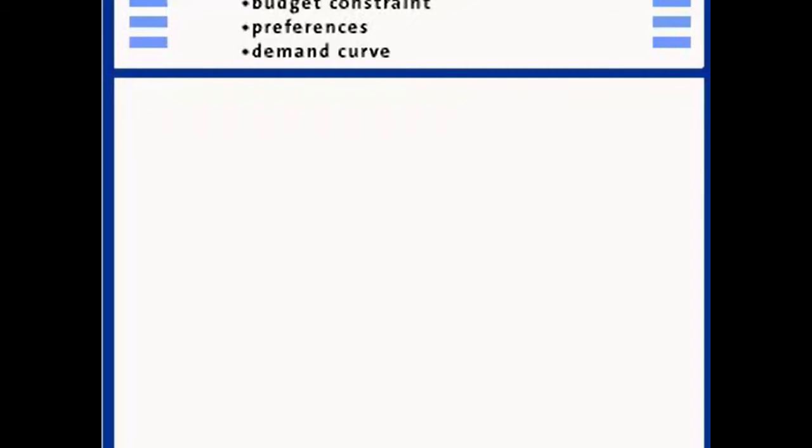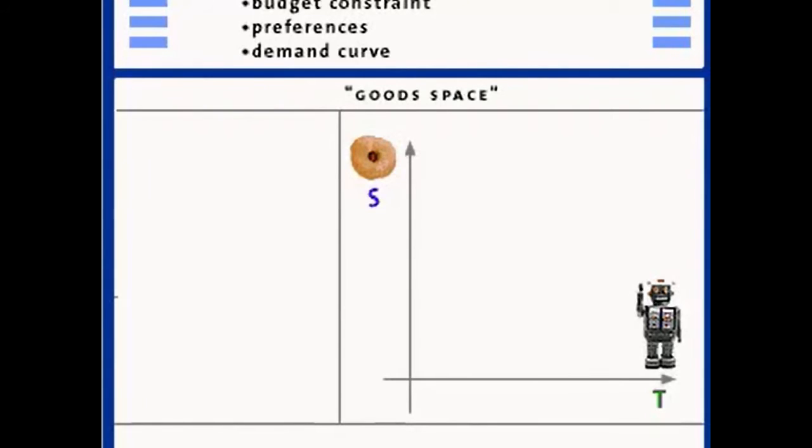And this is how you make your trade-off between toys and snacks, is you choose a point in this space. For example, this point here might represent 2 toys and 2 snacks, and this point here might represent 12 toys and 4 snacks. Sorry, I'm wrong, aren't I? 12 snacks and 4 toys. So you've got to be careful. The horizontal coordinate tells you how many toys you've got, and the vertical coordinate tells you how many snacks you've